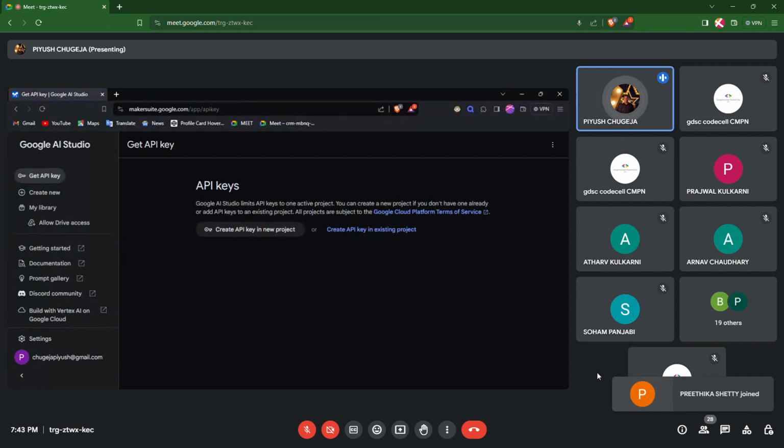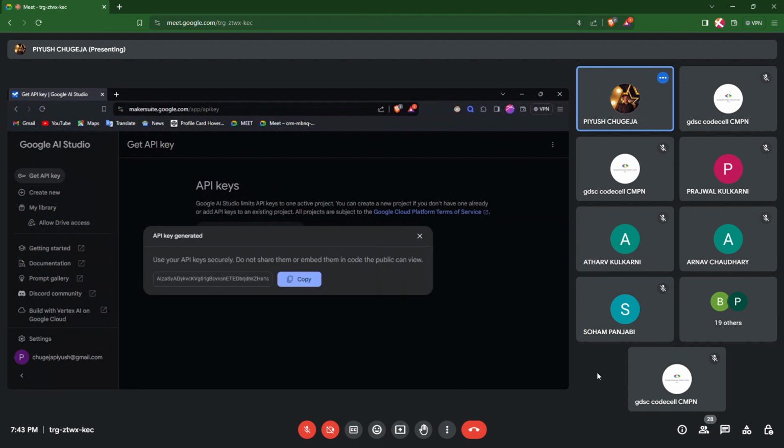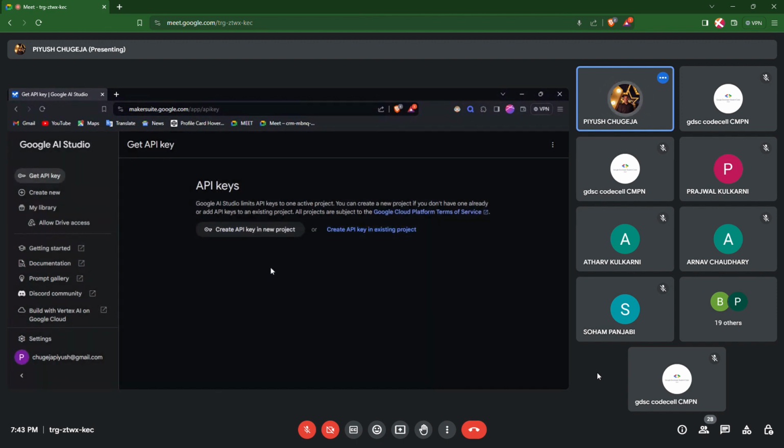Now, once you come to this page, all you have to do is click on create API key. It will create the API key for you. Now copy this API key and save it somewhere safe. Alright, I got the API key, copy it and save it. Do not share this with anybody else, because if this API key is leaked in public, it will be cancelled